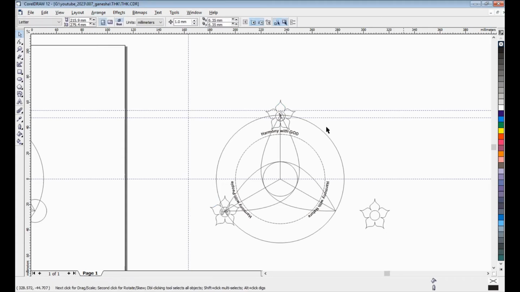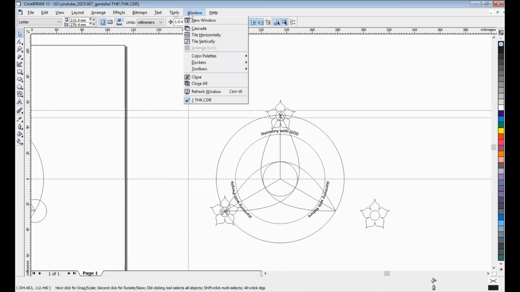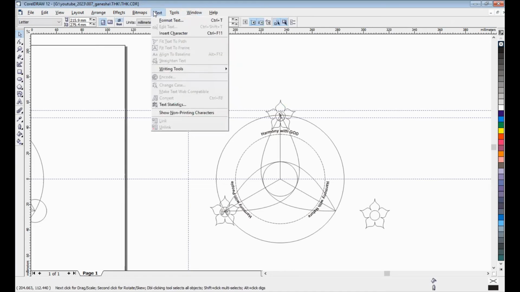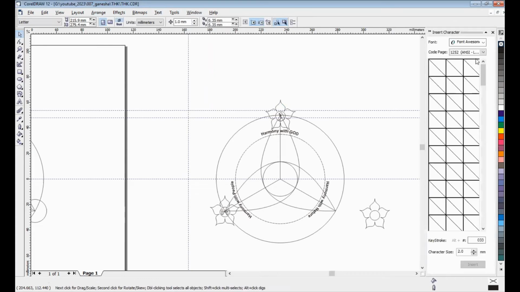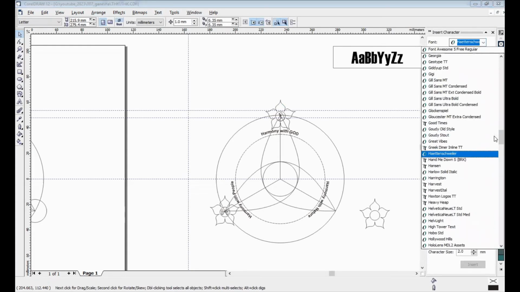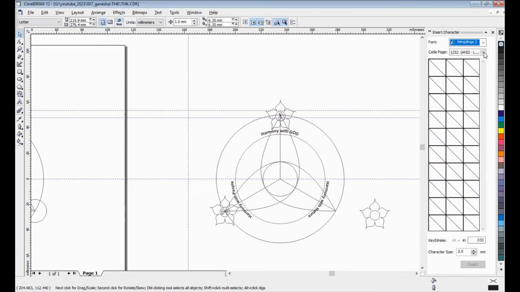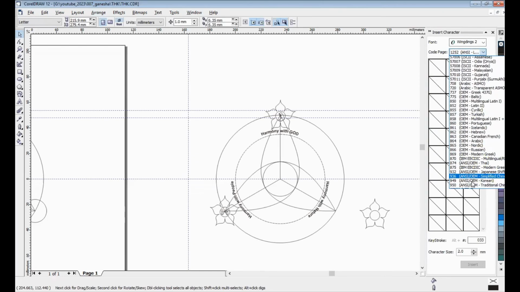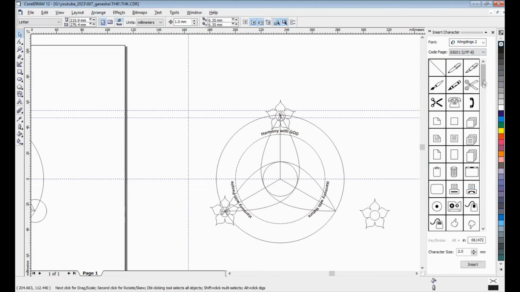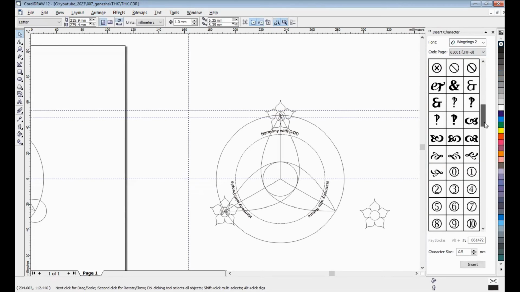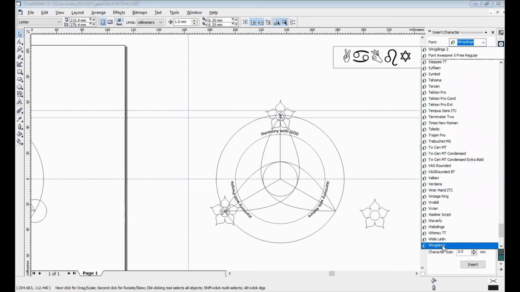Okay. Now I will teach all of you to use text, insert character, find maybe winding tree, until we get a nature object. Okay, winding.